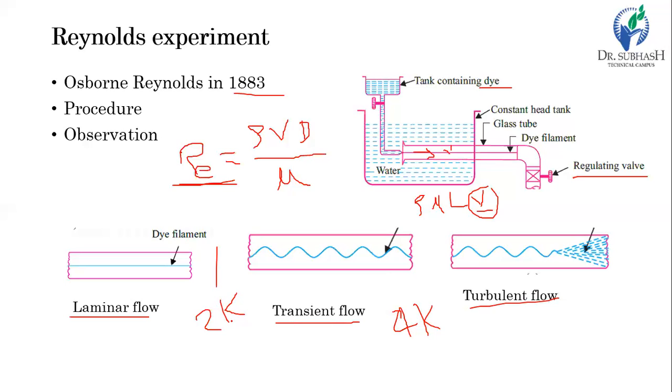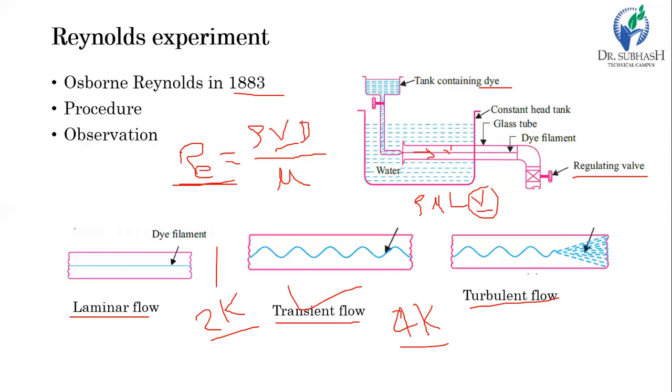So if the value of Reynolds number is greater than 2000 and less than 4000, it is called a transient flow. In this case, it has mixed characteristics of both laminar as well as turbulent flow. And if the Reynolds number is greater than 4000, in this case there is no filament like member. All the dye will directly dissolve into the water. So this is the experiment performed by Reynolds, and this is the result. And this is the critical value which decides the type of flow according to the Reynolds number, or according to Newton's law of viscosity.